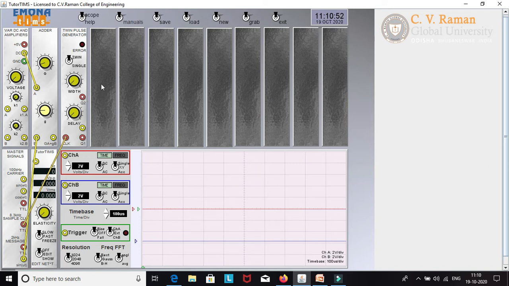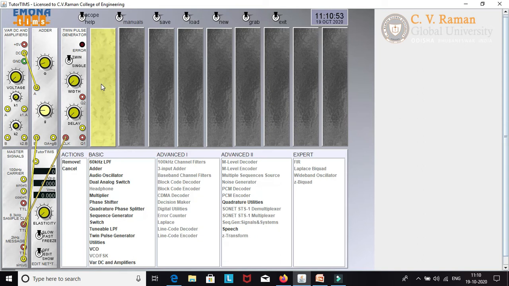So this Q2 I am going to give to a DC plus a low pass filter, which will be a pulsating DC signal, which will act as a ramp signal. It may not be exactly ramp, but it will be equivalent to a ramp signal. So now we'll see how the ramp signal is generated.